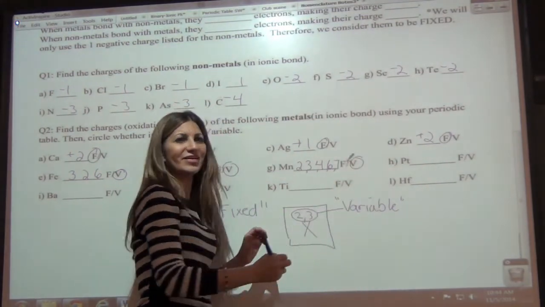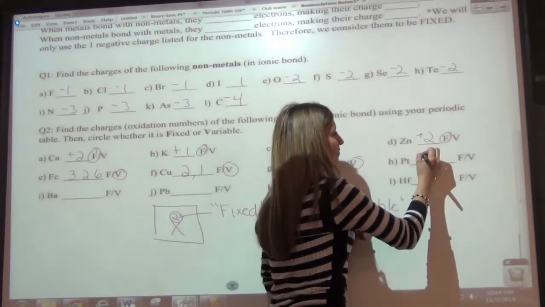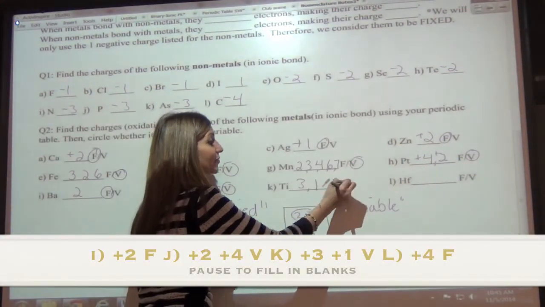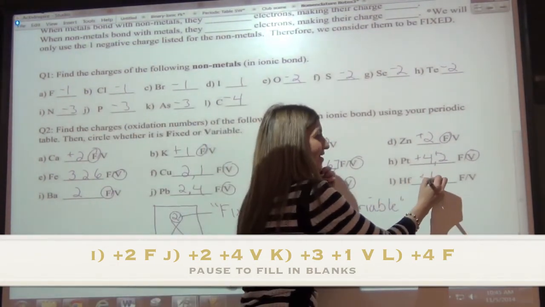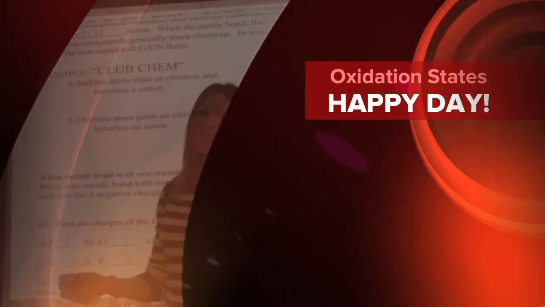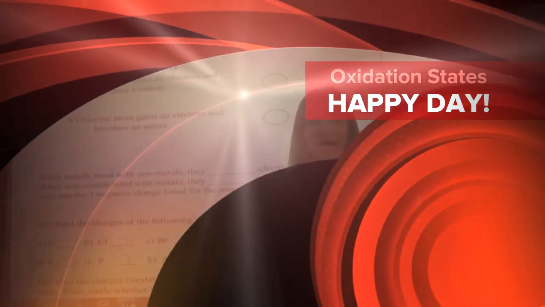Variable. Very good. Platinum. +4, +2, variable. Very good. 3 and 1. Variable. Good. And hafnium. +4 and fixed. Very good. Awesome. Okay, and that's basically it for the oxidation states. And we'll come back and talk about how to name them all in the next